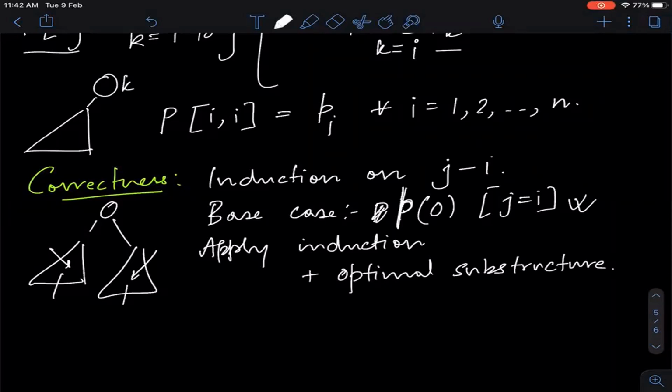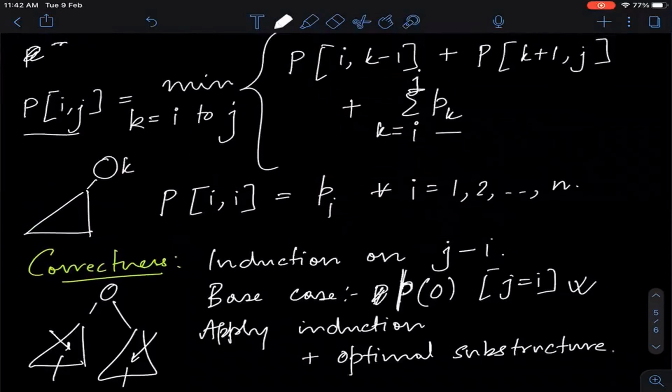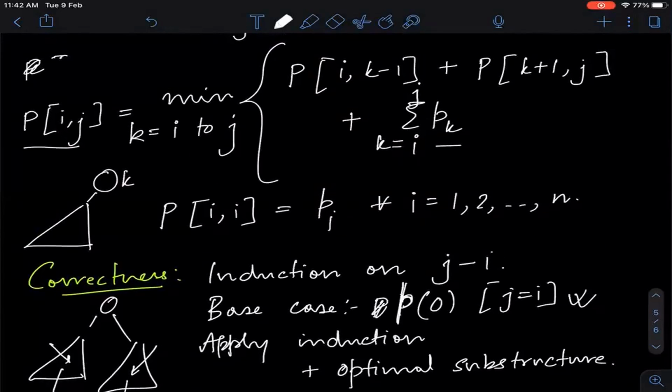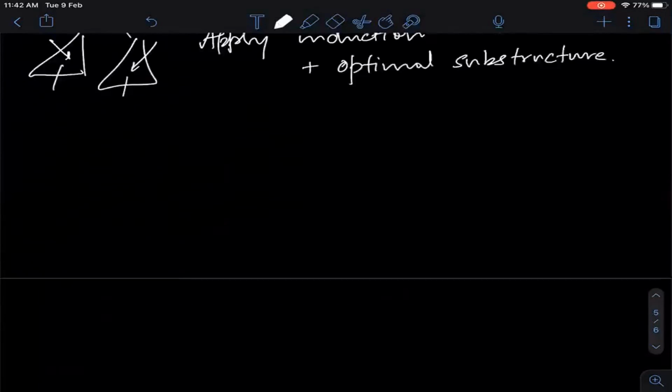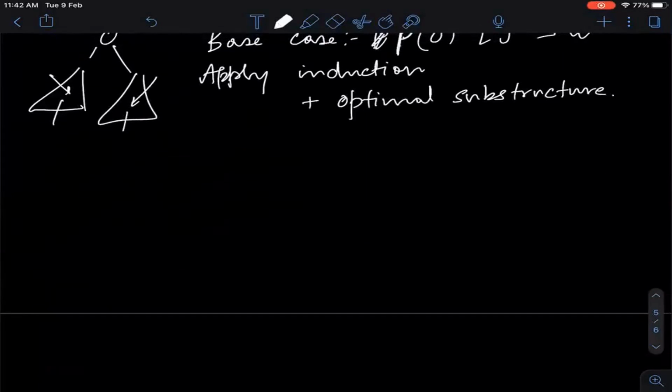Okay, almost done. The only thing that remains now is how to write the code or how to implement this. So I have the recurrence now, and the recurrence looks fairly not very complicated. The only thing that we have to think about is how should I write the code. So of course we will take this two-dimensional array again, clearly because I have two parameters. So let's just go ahead and do that.